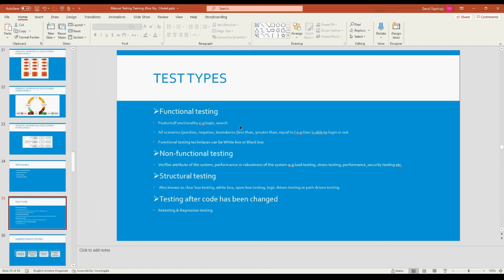When users are going through specific types of scenarios that are repetitive, how many users can this system take before it breaks? So that is it. Then we move on to structural testing, which is white box testing, basically. Some people call it clear box, open box, logic-driven test, or path-driven test, because you're testing the logic of the